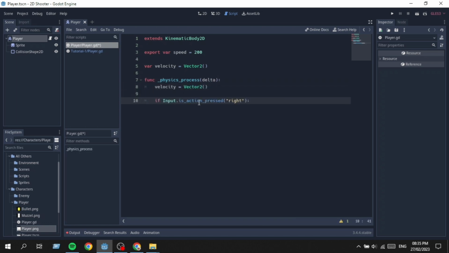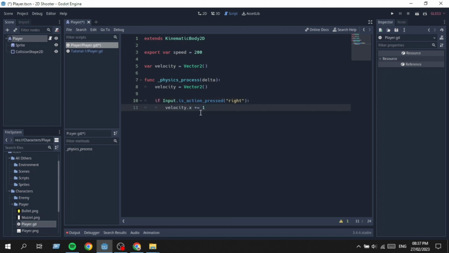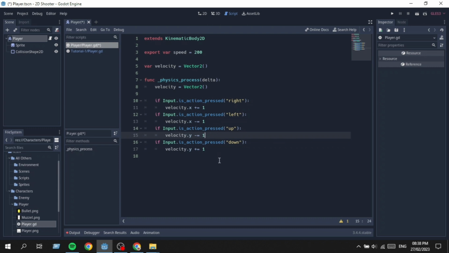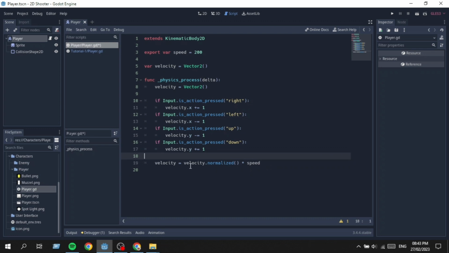Then write if Input.is_action_pressed our right action key, then our velocity.x will be +1. Now the same way, if Input.is_action_pressed left, velocity.x will be -1. The same thing goes for the up and down, but this time it will be velocity.y. Then add velocity equal velocity.normalized() times speed, and finally add velocity equal move_and_slide(velocity), and our